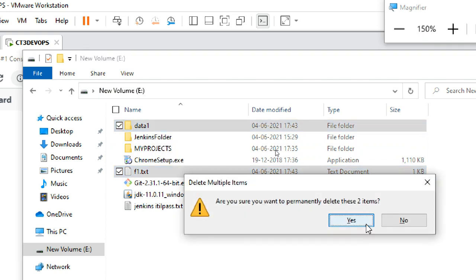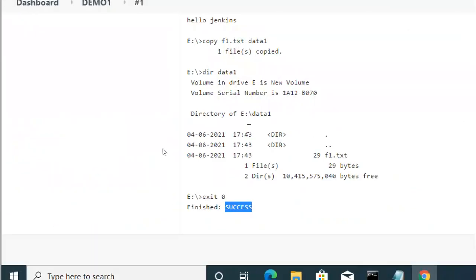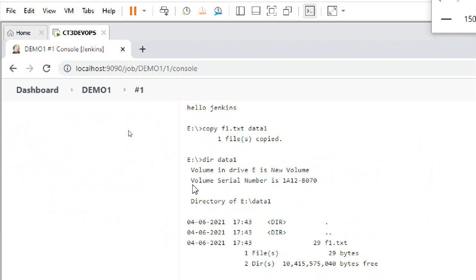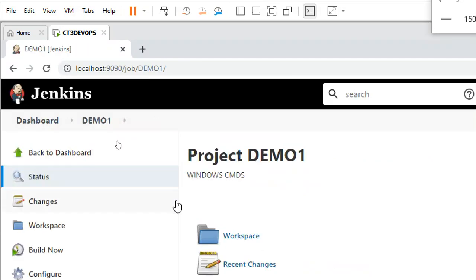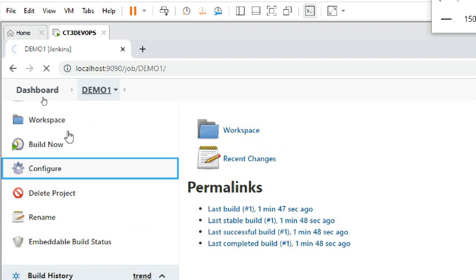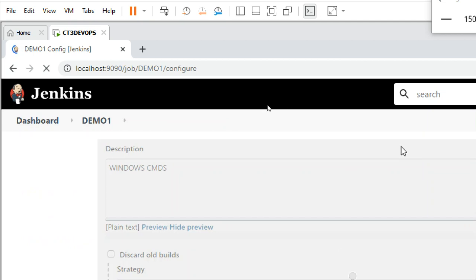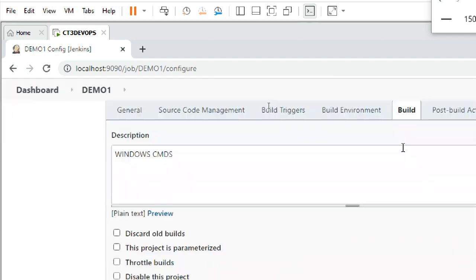Now what do I have to do? I will fix the mistake. See, here it is. That is important, guys. Failures are always important in Jenkins, so then you can learn correctly. Otherwise, you don't learn. So go to configure again. Click here and go to configure. You have to change as per our requirement till you get it correct as per your requirement.